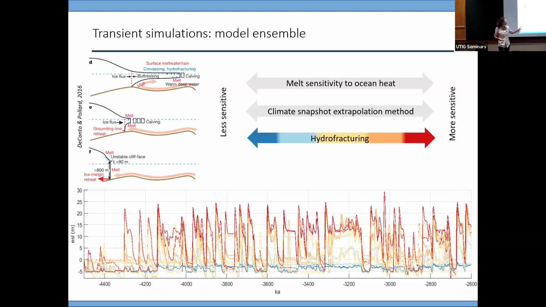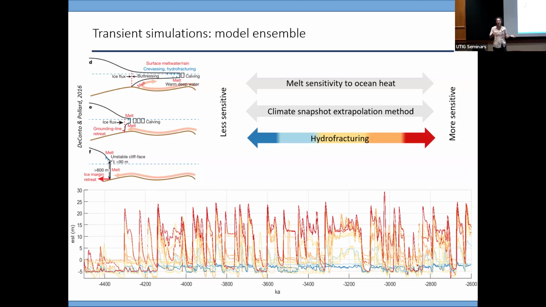Okay, and finally, I vary parameters related to hydrofracturing. So this is a hypothesized physical mechanism we think is impactful in warm worlds where there is an abundance of surface melt on the ice sheet. So right now, we think about surface melt in terms of Greenland as being impactful to the glacier mass balance. In Antarctica, it's only really been recently recognized that surface meltwater is even happening. We think this is mostly a warm world kind of thing that we don't observe today, so it's a little bit controversial. So this schematic illustrates this process.